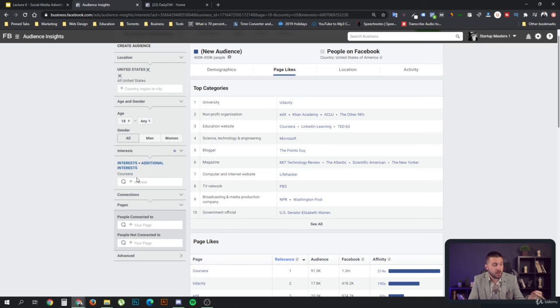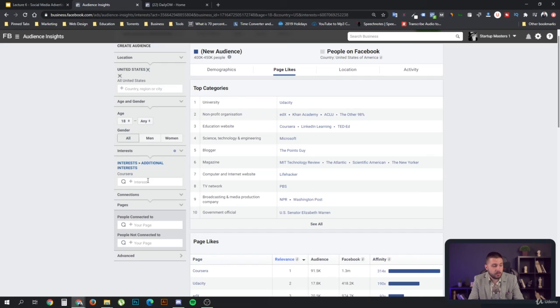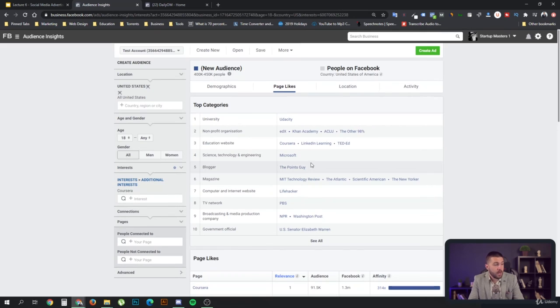And if you don't, you can put them here and find other pages that are related to them. And you can also sometimes try to put their entire Facebook page name and find them this way. So yeah, that's pretty much how you target your competitors, and make sure to